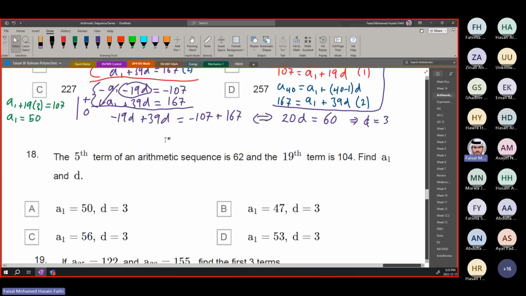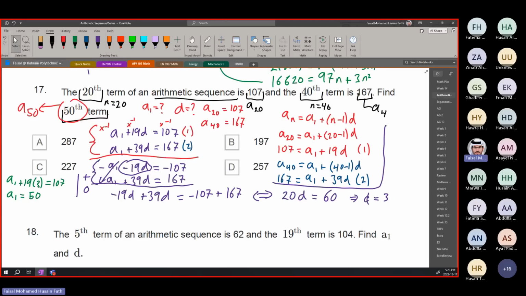We need to find our AN equation. We need to find our 50th term, so we need to do the equation for A50. A50 is equal to A1, which is 50, plus N, which is 50, minus 1, times D, which is 3. Just put it all in the calculator: 50 plus (50 minus 1) times 3, and we get